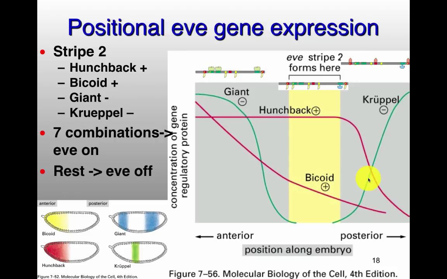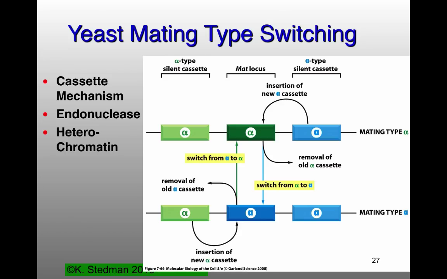Other questions on this? Yeast mating type switching, I did post an extra reading on this, from the previous version of the textbook. I really like this example. Not so much for the transcriptional regulation, which is relatively boring. It's transcriptional repressors that will repress either the A-specific genes if you're alpha or the alpha-specific genes if you're A. But much more so how you get this mating type switching that takes place.